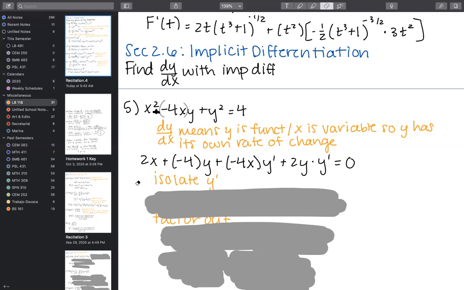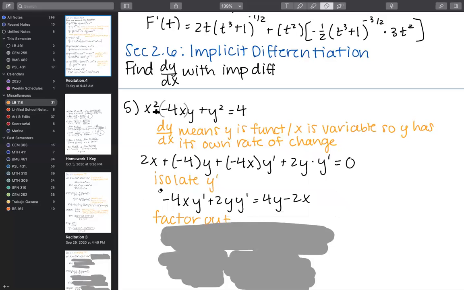And so what we're going to do going forward, and this is going to be exactly the same every time, is take the derivative implicitly. So you're going to have y's and y primes and x's intermingled. And then you're going to isolate y prime, so you're going to get all y prime terms, I always do it on the left-hand side of the equal sign, and then all terms that do not have a y prime in it to the right side. And so it looks like that.